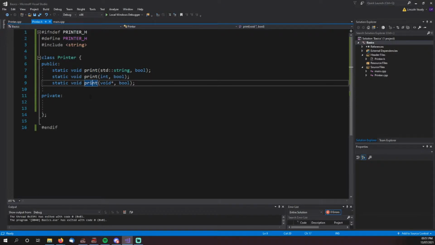So generally you might think if you use the same name, the compiler's or the computer's going to get confused. It doesn't know which function you mean because they've all got the same name. But you can overload a function name by having different arguments. So if the arguments are different, that is enough for the computer to work out which one you mean. It can say, oh, I was given a string and a boolean, so you must be talking about this particular version of the print function. Or if it was given an integer and a boolean, it knows it must be this version of the print